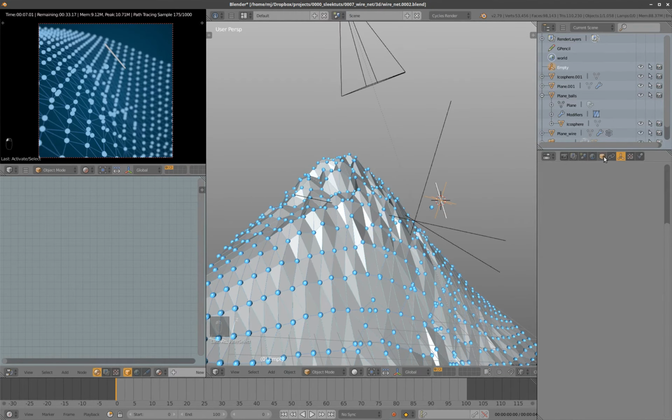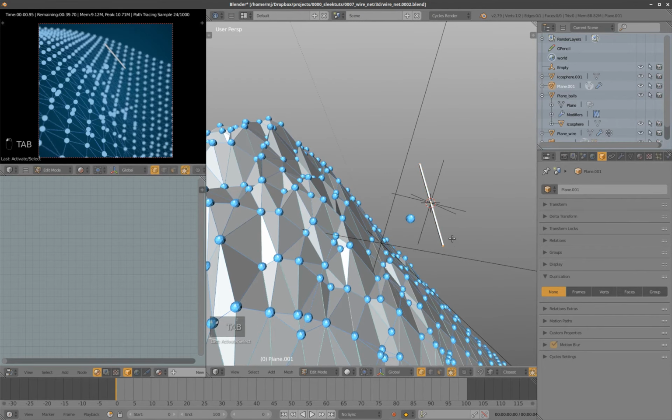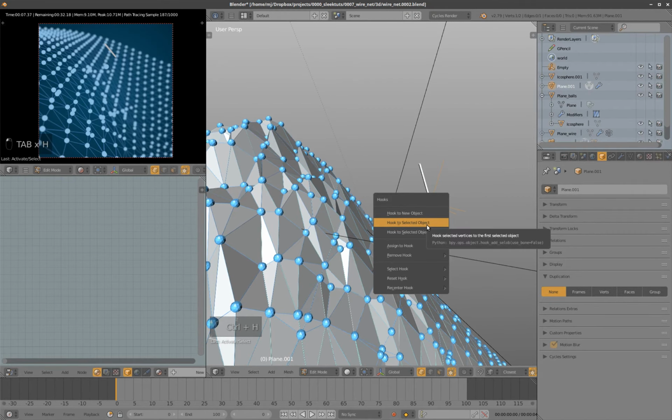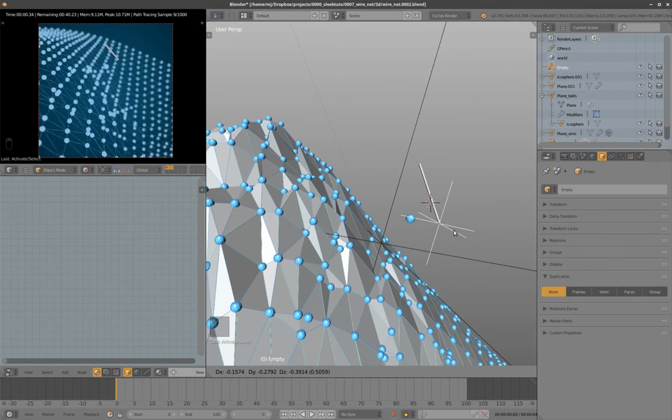and then we can take the empty and, well, first of all we can put one end of the wire stick, and we can select the empty, select the wire stick and select the vertex and Ctrl H to hook to selected object, and now we have one point bound to the empty, and for the empty we can